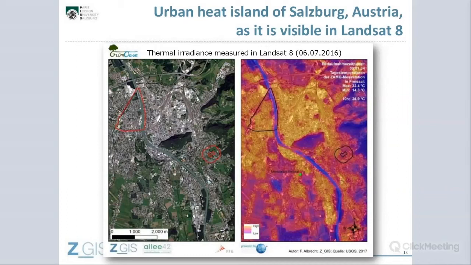And so you can already see interrelations between the land cover and the temperature. So everything that's vegetation has cooler temperatures than the other land cover.